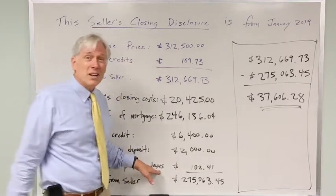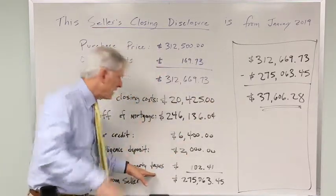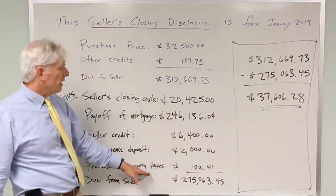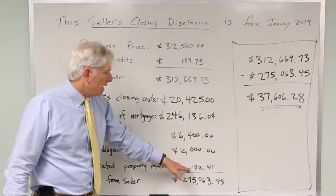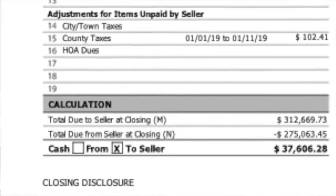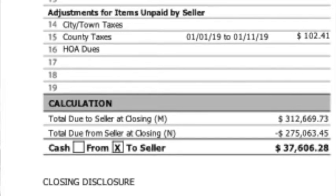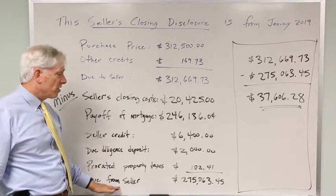So the tax bill hadn't come out yet. But in January, the attorney's saying, let's look at last year's tax bill and prorate it, and for 11 days the prorated bill came to debiting the seller $102 for the seller's estimated portion of the 2019 property tax. So when you add all these things up, the amount due from the seller is